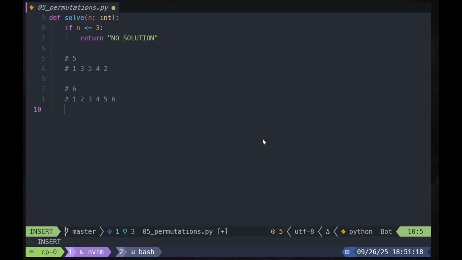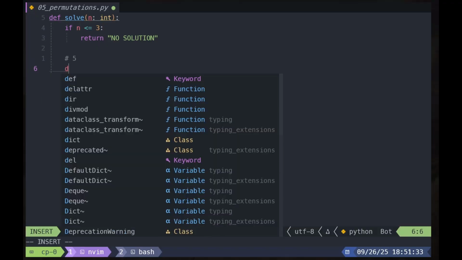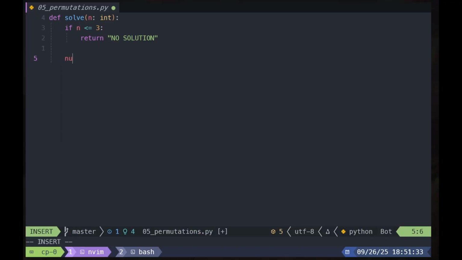Okay, that is possible. So our result, let's say our nums is equal to a range of this. Now our odds is equal to